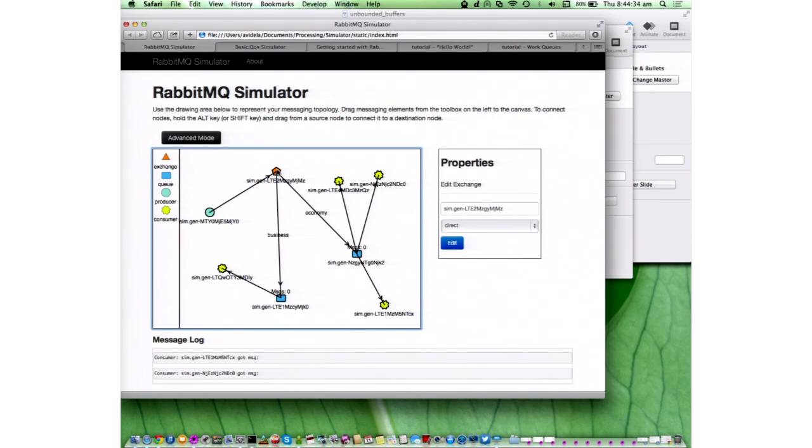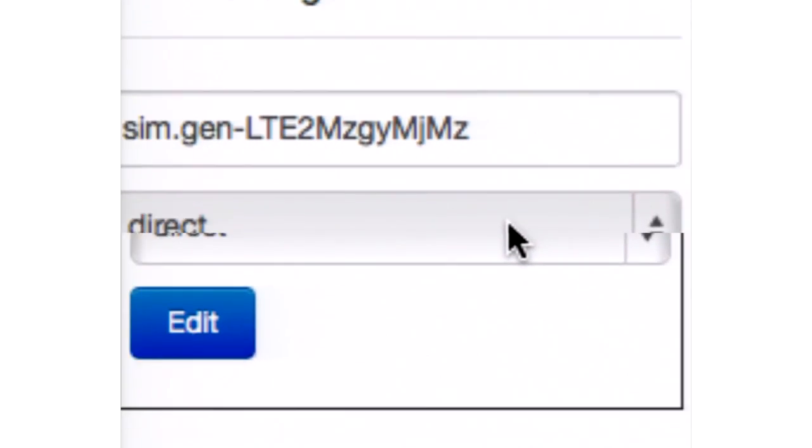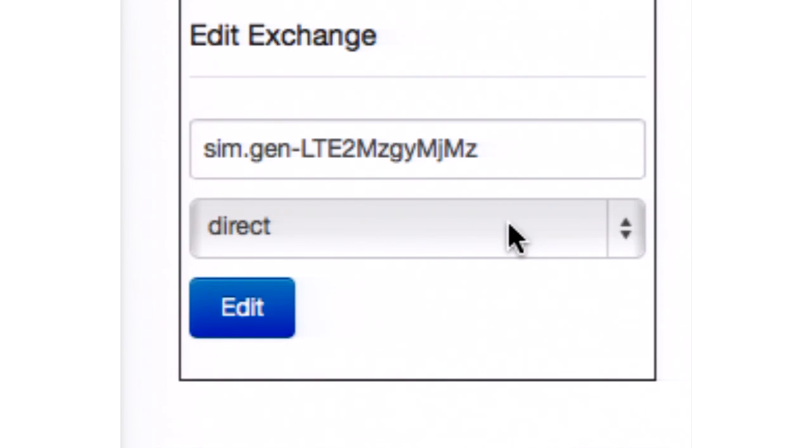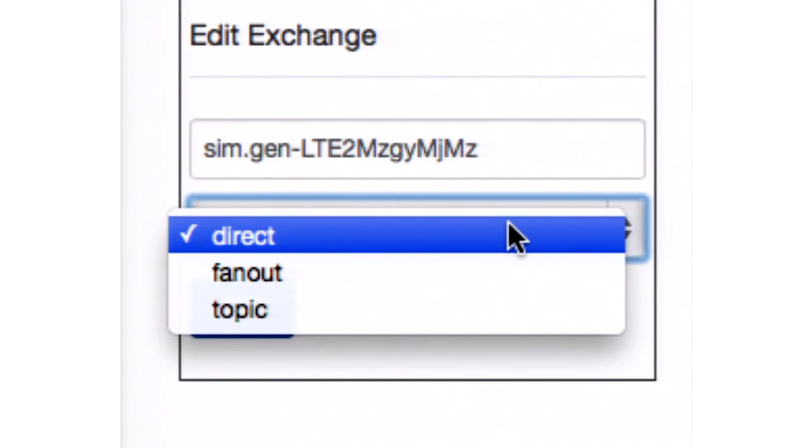But the story doesn't end there. The exchange implements an algorithm, basically. And that's the type of the exchange. Whenever you create an exchange in RabbitMQ, you specify the type, which can be direct, fanout, and topic. And there are some more exchanges, but these are the basic ones.